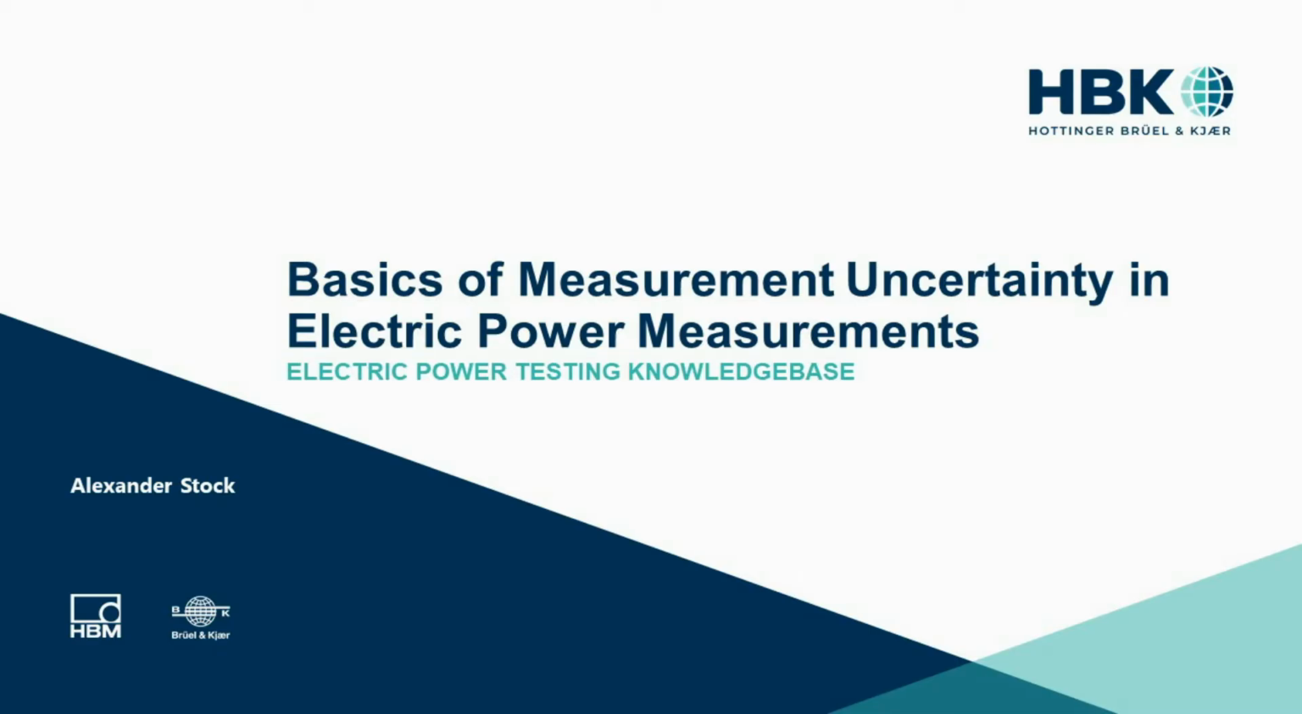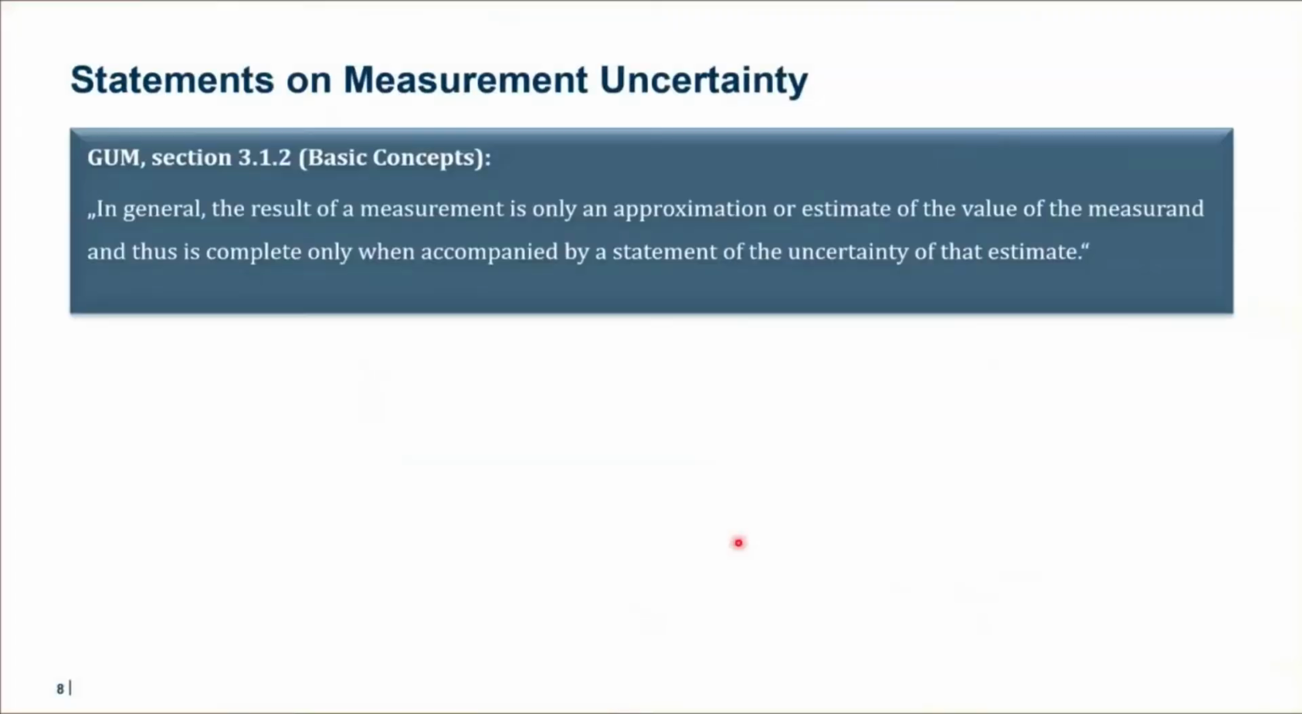Statements which define what measurement uncertainty is. I will start with a statement from the Guide to the Expression of Uncertainty in Measurement. It's not really a standard, it's a guidance, but it's the basic document which describes the procedure of evaluating measurement uncertainty. And it says, in general, the result of a measurement is only an approximation or estimate